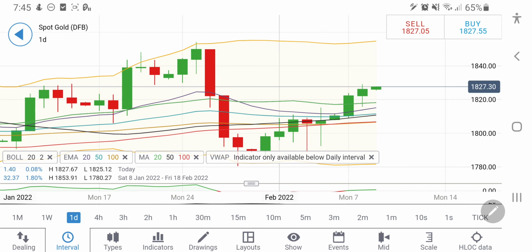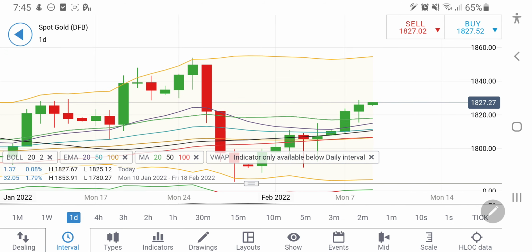Now look at the daily charts. On the daily charts, this is the zone from 1805 to 1819 level. Here this is the 20 moving average, this is the 100 moving average, and here it is around the 50 moving average. So trading above the 20 and 50 moving average, gold is now in bullish territory, in a bullish region, where you can remain long on gold till the time it remains above 1805. Remember, till the time it remains above 1805, for the near term we can expect it to rise.